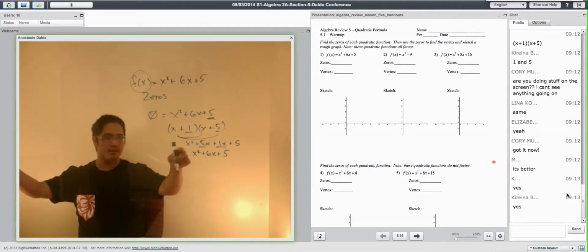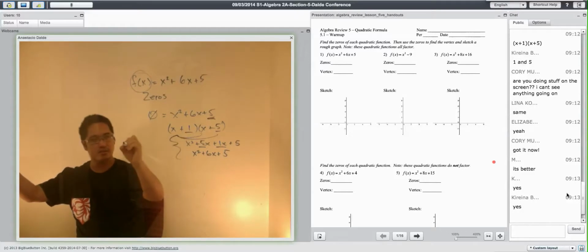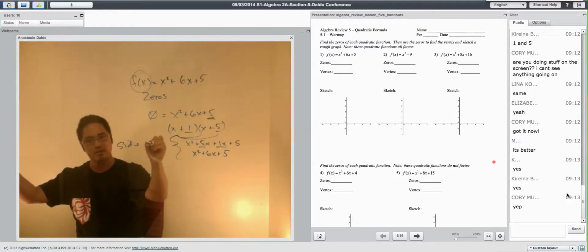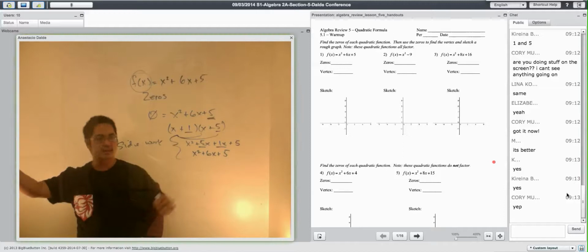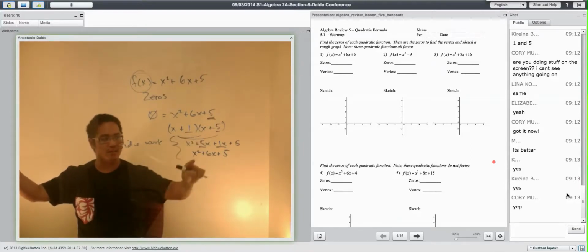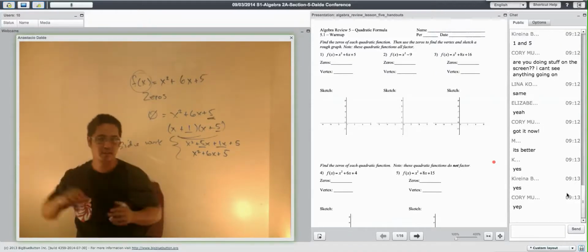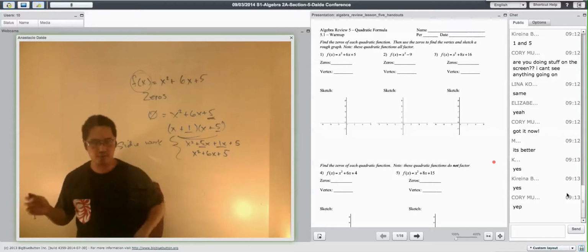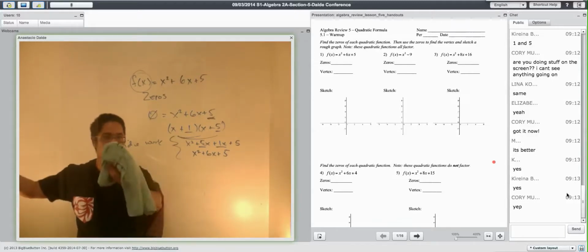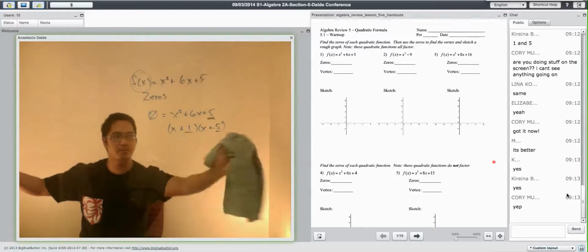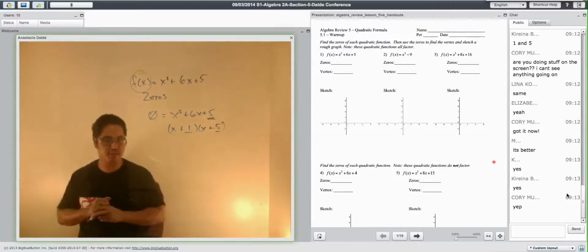Okay, now bear in mind that this is just side work. I just wanted to make sure that this is correct. This is actually the answer I wanted. This I need to multiply out to make sure that this is the same as that. And it is, so we're good. In fact, if you give me a second, I'm going to erase the side work. That's all right with you? That was my double check, and it was just foiling it out. But anyway,